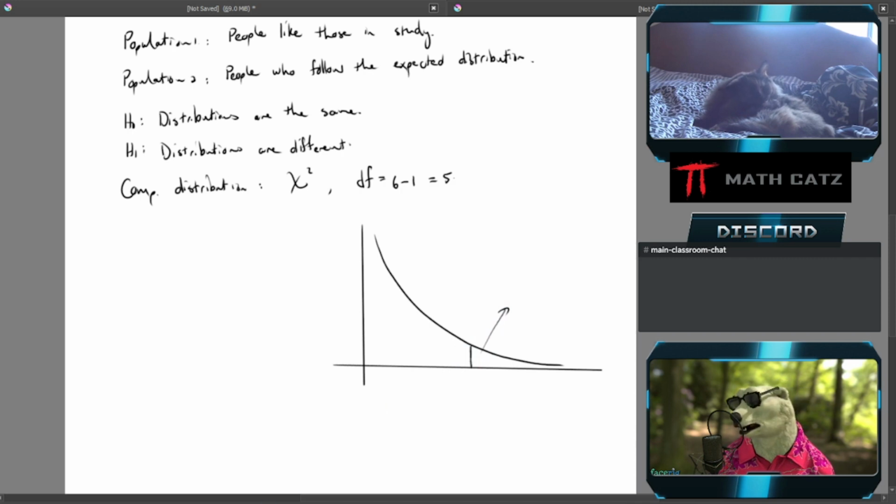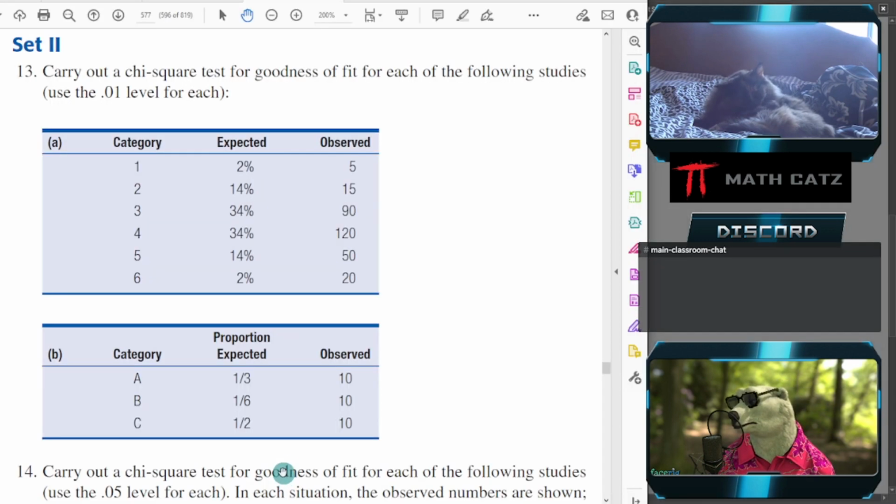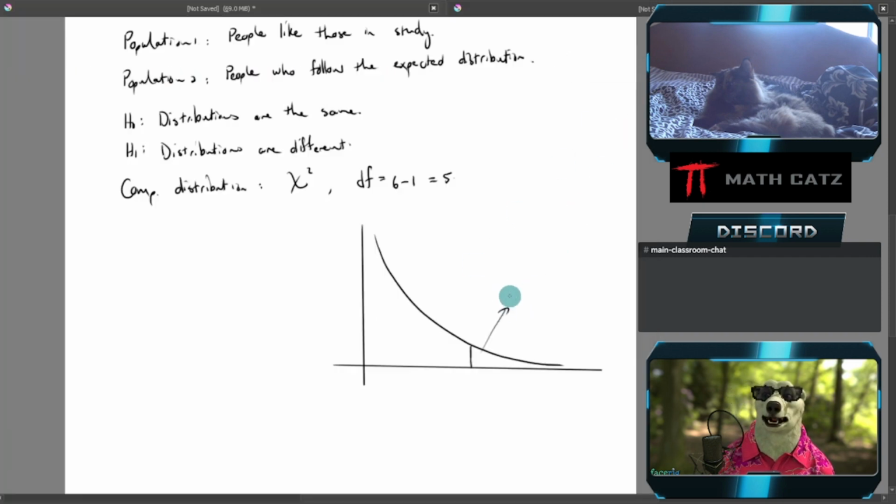And in this case, they ask for the 1% level. Okay, so 1% of all the possible scores, chi-squared scores, will fall into this section over here, giving us our cutoff, our chi-squared cutoff,